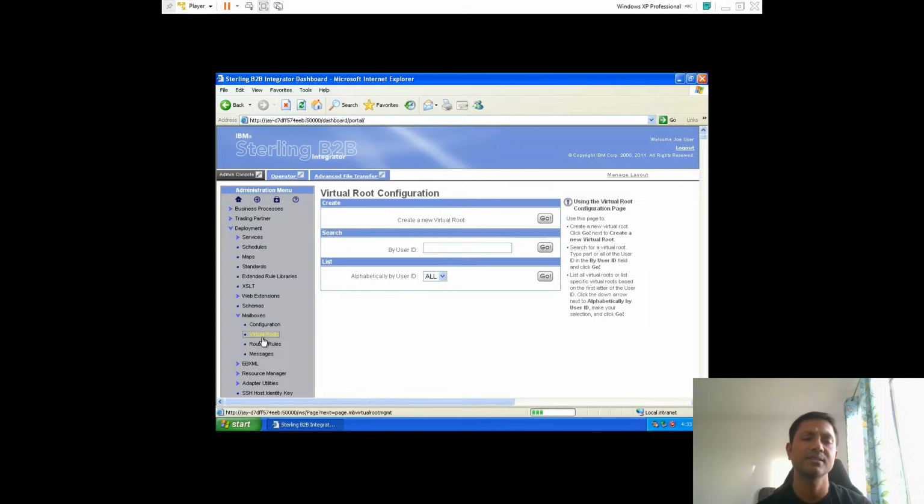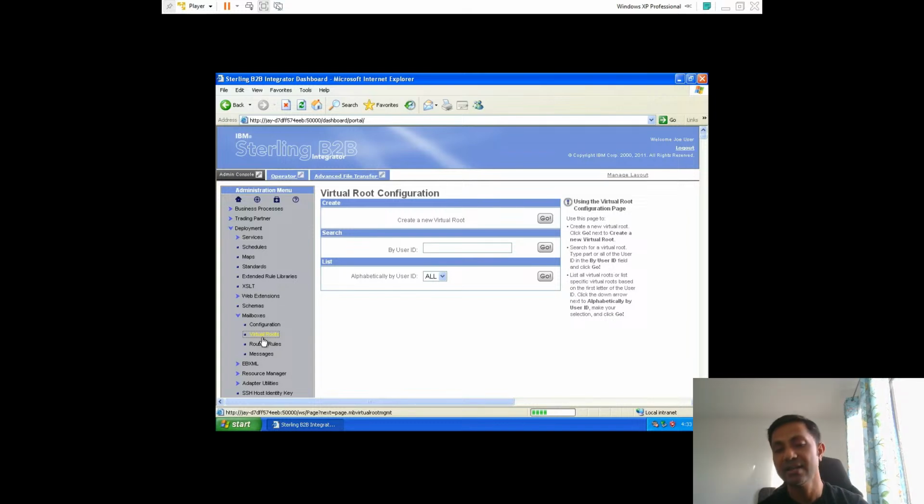Based on regulations, compliance, and security needs, I should be able to make sure that when trading partner A logs in or gets connected to my SFTP server and is able to download or copy a file into a particular